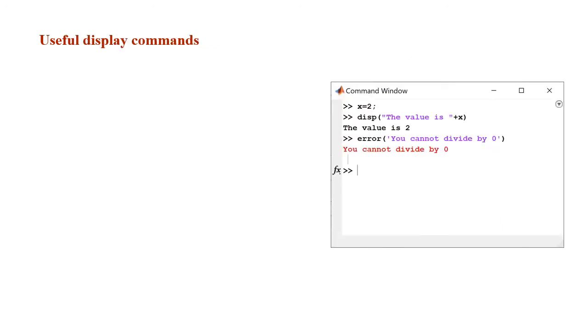Now we're going to move on to some useful display commands, especially now that we're writing our own user-defined functions. The first function is display or disp. We've used this one before. It will simply display as text whatever input you provided. You can, for example, evaluate a variable, x, for example, and then if you want to display